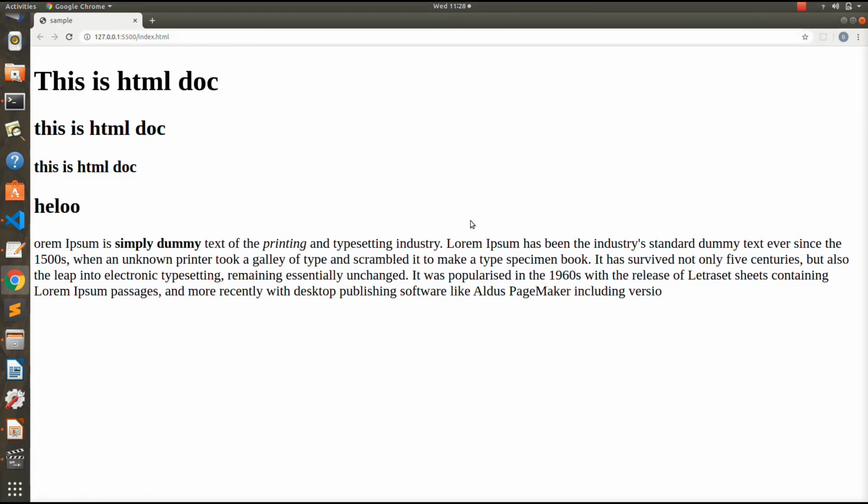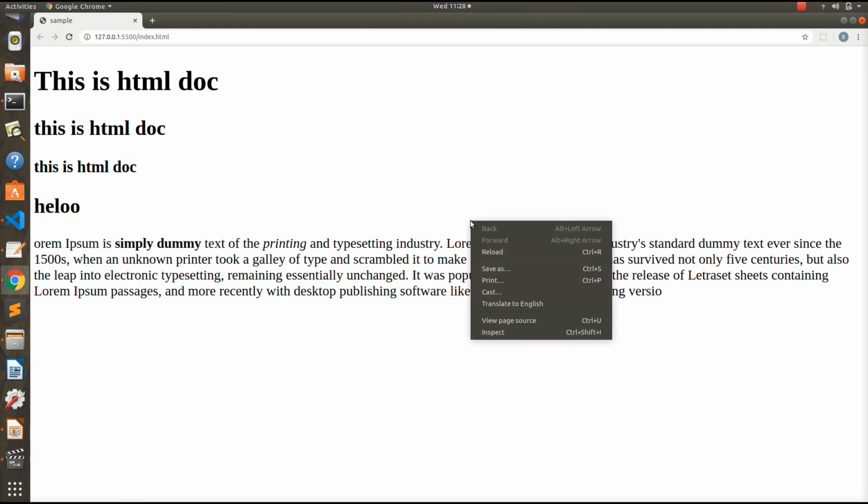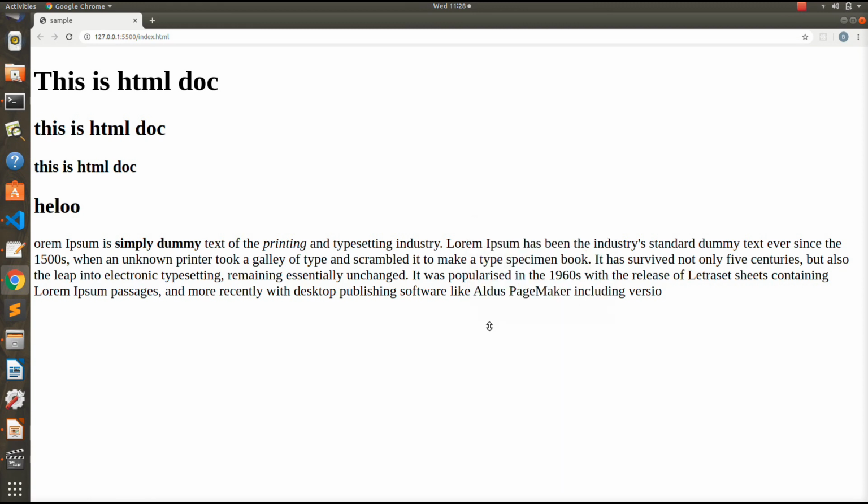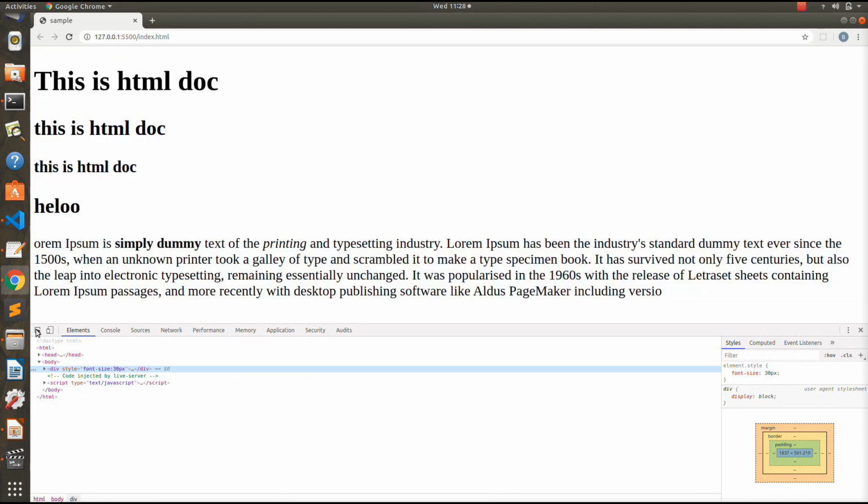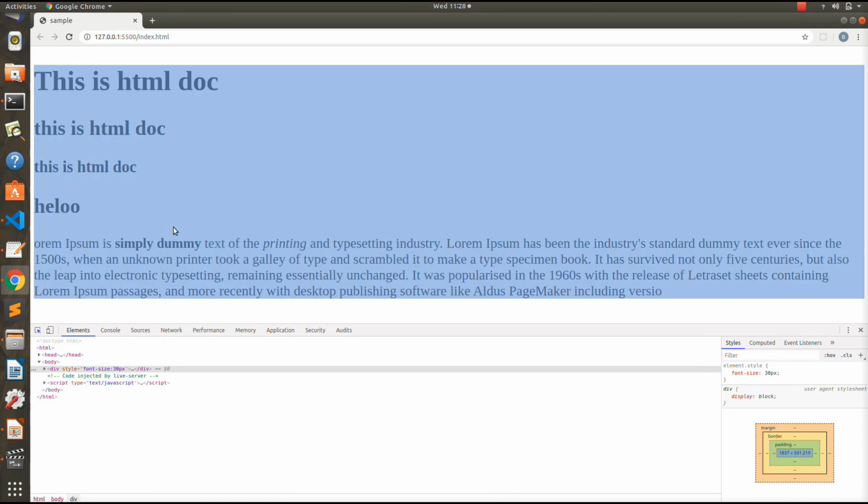Now if we just see how this div tag looks in the browser, you just inspect it and choose this element selector, and if I just hover onto this div tag here, you can see that when I hover onto this, a blue box appears. So this tells that all this content, all the h1 tags and the p tag, are all enclosed by the div tag. So this is like a big bucket that contains other small buckets. So this is how a div tag does the grouping.